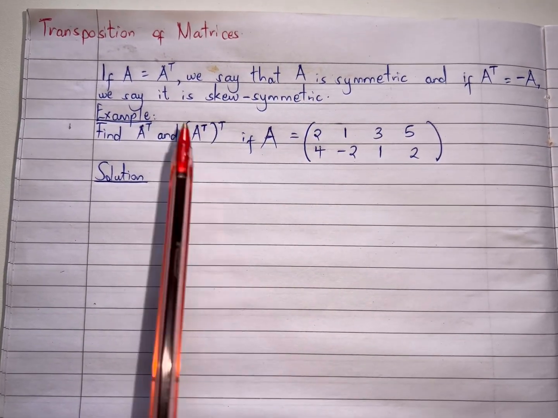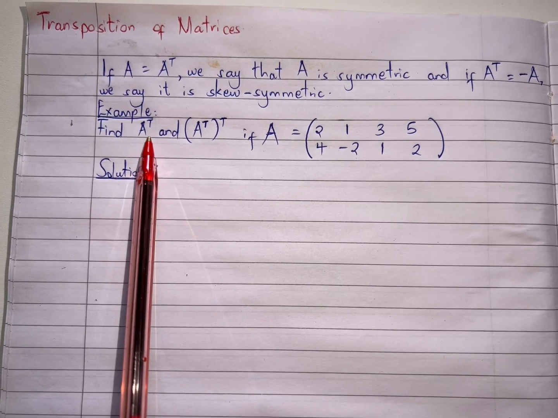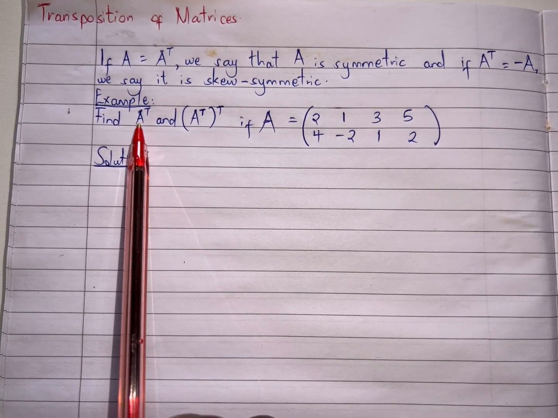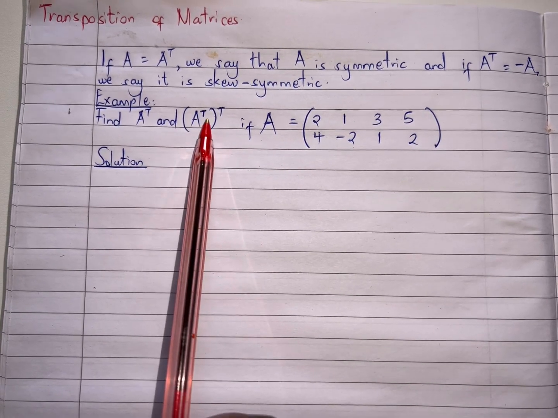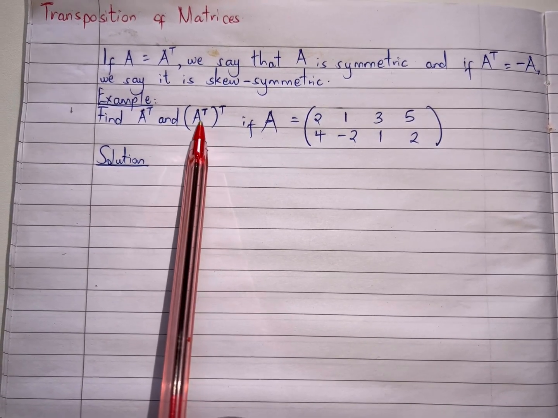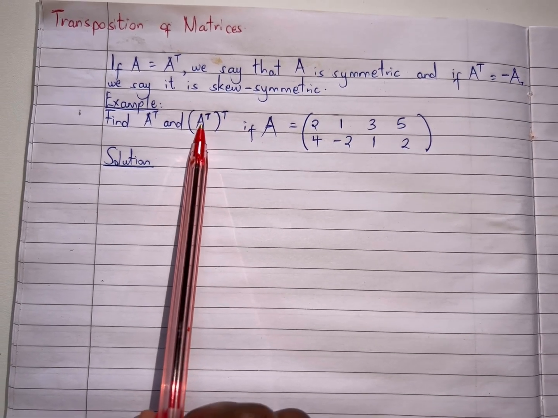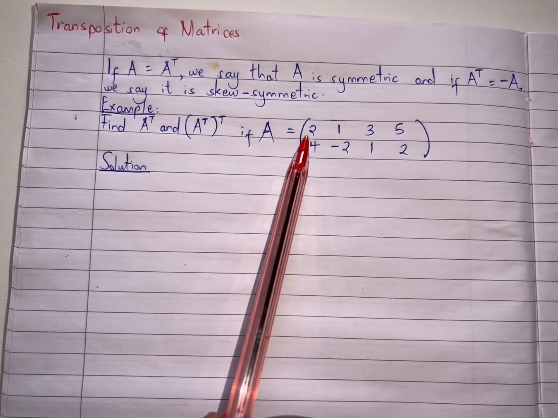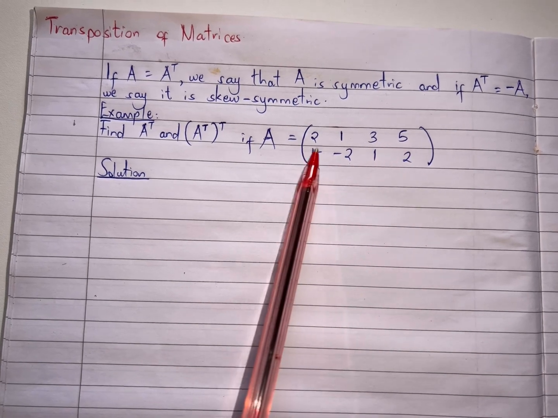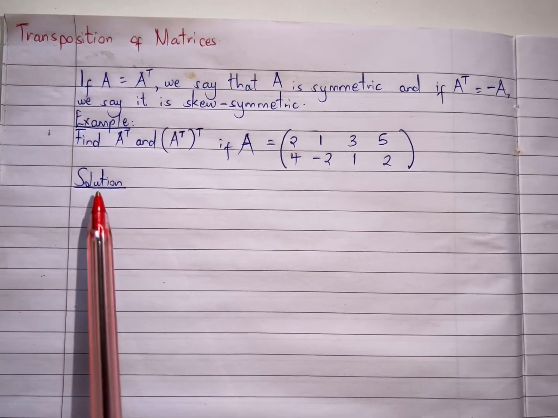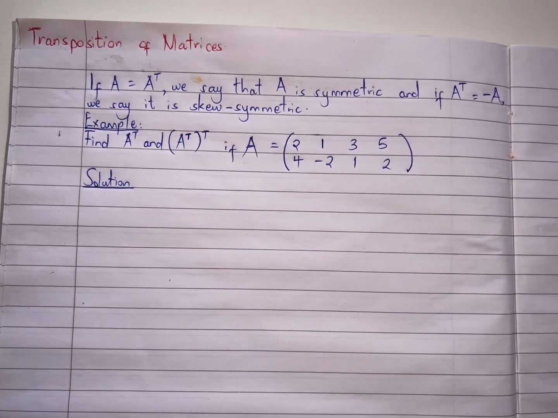I'm going to use an example to work this out. Find the transpose of A and find the transpose of the transpose of A. They are different, and we're going to see how to work out the transpose of the transpose, which is the original matrix. So if A is equal to those values, our solution should be